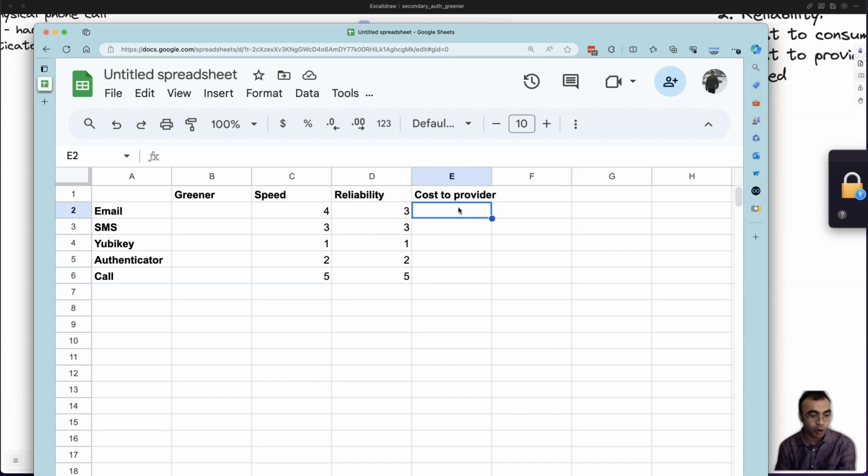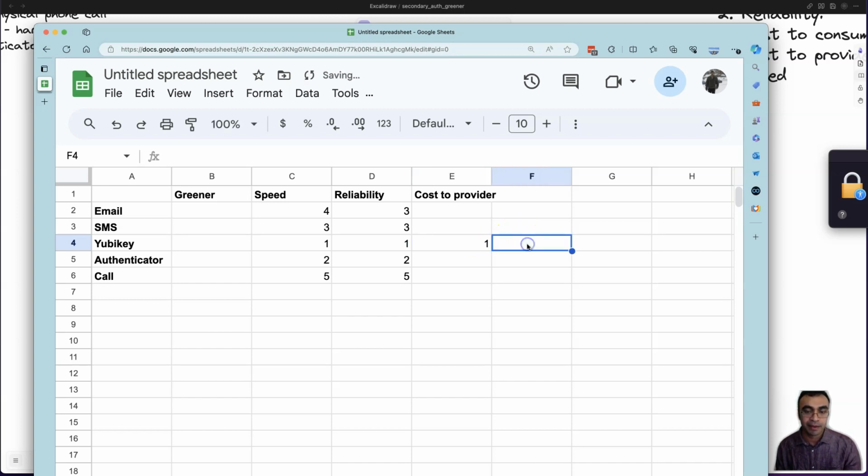The other aspect is cost to the provider. Like how much does it cost for the service provider? Like let's say a Chase Bank or like SoFi Bank or like your PSC electric grid company to provide this service to you. Let's talk about first, again, I think of YubiKey. Once it has been provided to you, like the physical device has been provided to you, there is no cost other than the software authentication part of it. There's no cost for the provider. So I think this one again